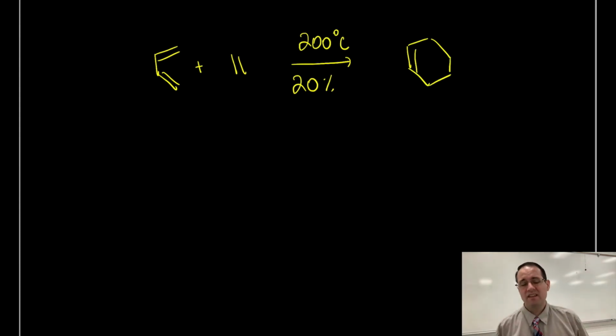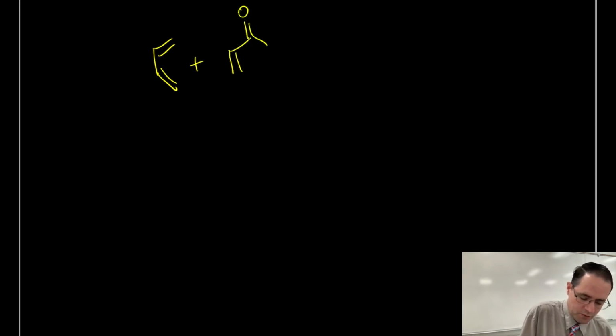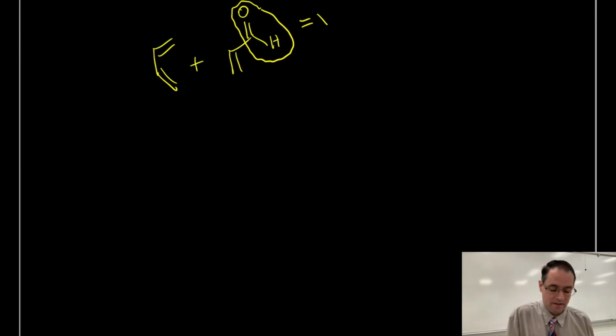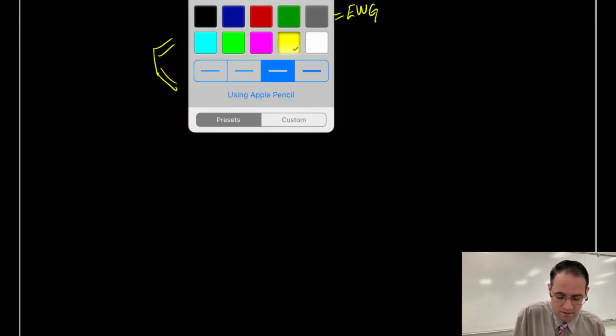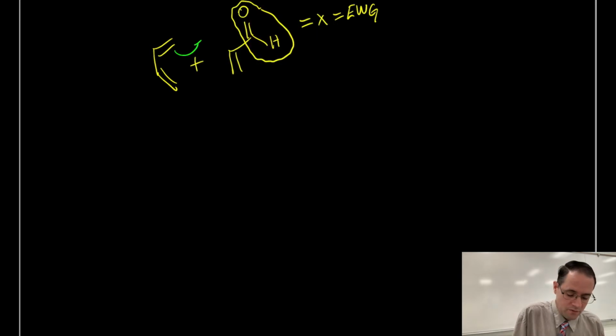But they then extended this to other reactions that had electron withdrawing groups attached to their dienophile. So this right here is X, that's the electron withdrawing group, okay? And when these two react here,